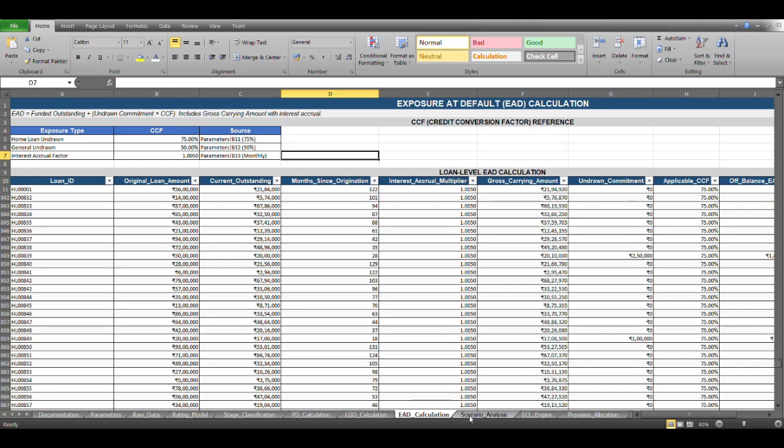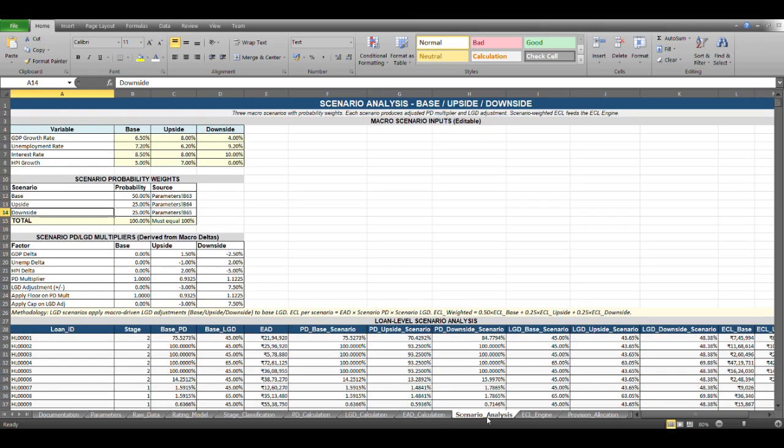Okay, now let's move on to the scenario analysis sheet, because IFRS 9 requires probability weighted ECL, and we cannot just use one economic forecast, right? So we run 3 scenarios: base, upside and downside, with 50% allocated to base and the rest 25 each allocated to upside and downside. And under each scenario, GDP, unemployment and interest rates take different values, and this will flow into our PIT-PD model.